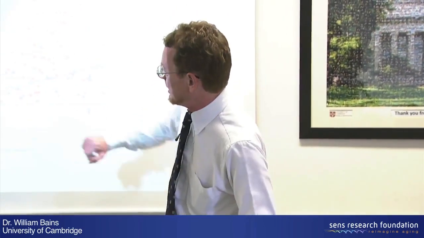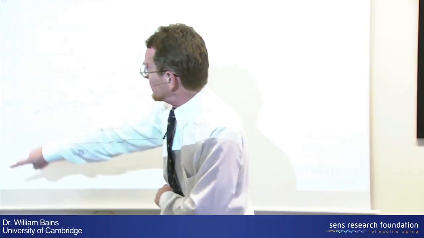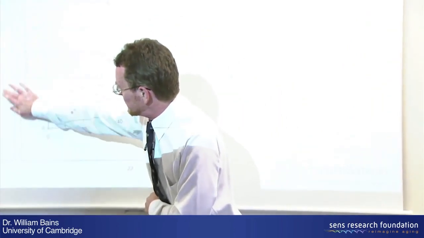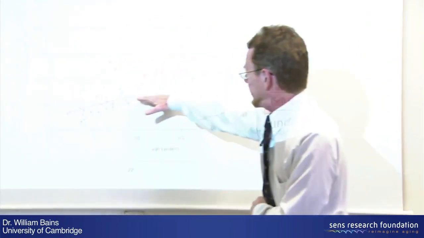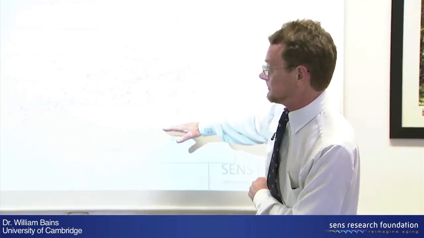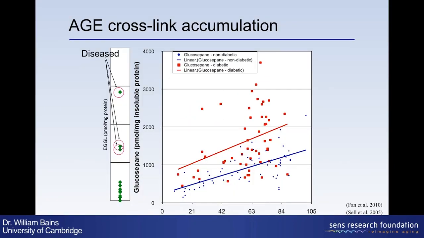And so here on the same scale is the amount of transglutaminase crosslinks in different tissues. And this is one of the frustrations of this. I'll come back to it in a minute. So up here we have transglutaminase crosslinks. And most of these measurements, these green guys down here, are right at this low level here, under 500 picomoles per mg of protein, which suggests that it's certainly in older people, and most certainly in diabetics, glucosepane is more common than the transglutaminase crosslinks.